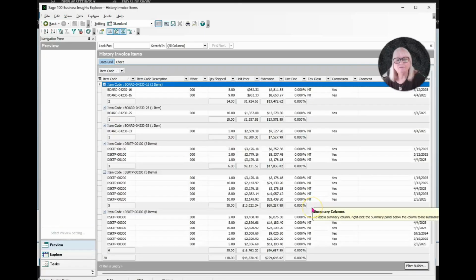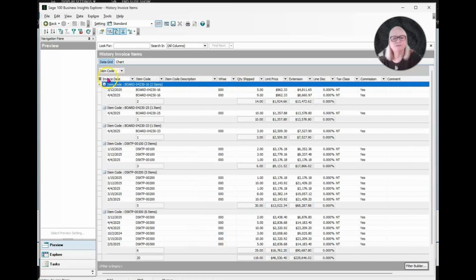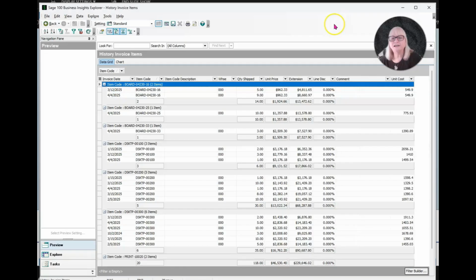I'm going to say OK, and now I've got the date field over here. I'm going to slide that over to the very front, and we should have the cost over there too. I'm going to remove the commission option. I'm going to just slide it off the screen, and I'm going to get rid of the tax class, and now I've got the unit cost over here.